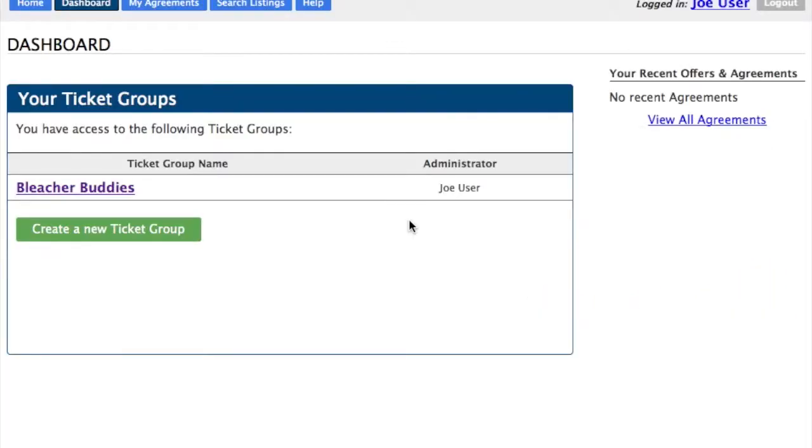Welcome to a tutorial on setting up an online draft for your ticket group. We'll start from the dashboard. This is the page that you arrive at whenever you log in, and you can click on the dashboard icon in the upper left corner to get here. You have your ticket groups, and we've created Bleacher Buddies, and we're going to create an online draft for that